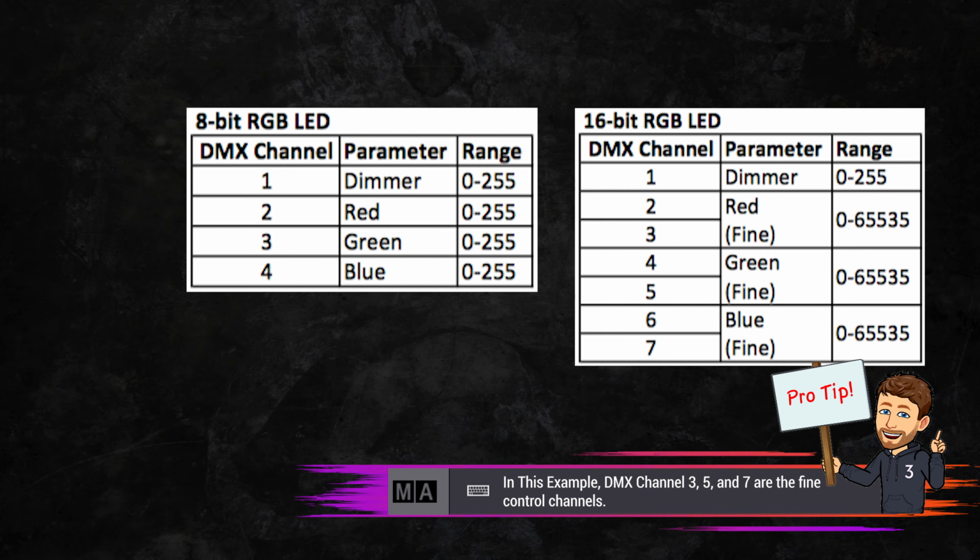Adding an additional DMX channel to each attribute means we can control each color finer, but now we have a total of 7 DMX channels. In both cases though, the parameters are the same. Let's figure out how many parameters we have access to, how we can use them, and what happens if you